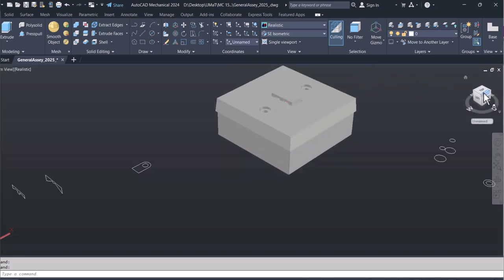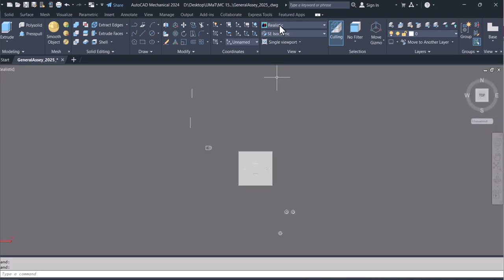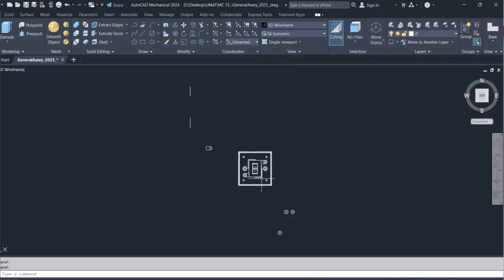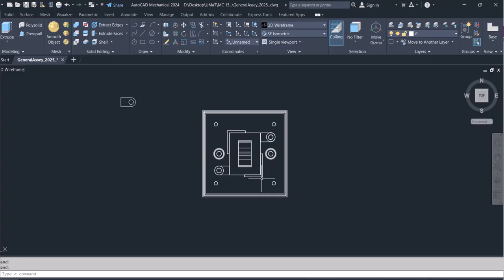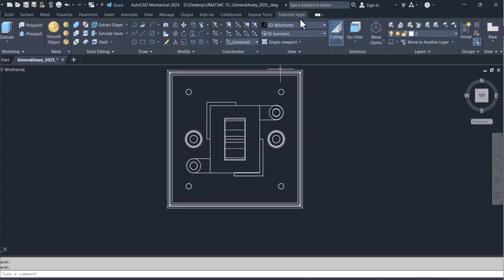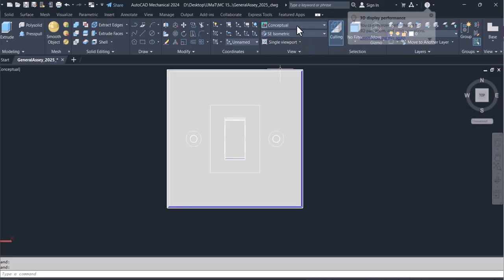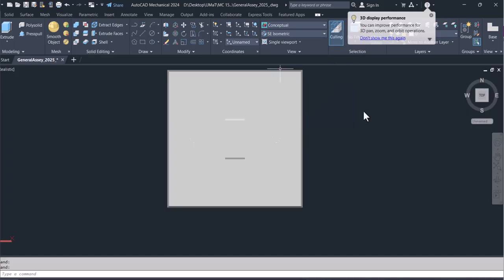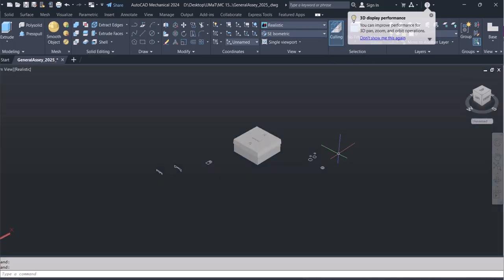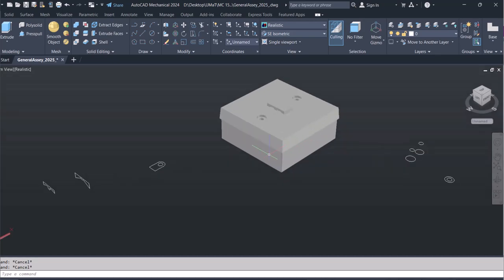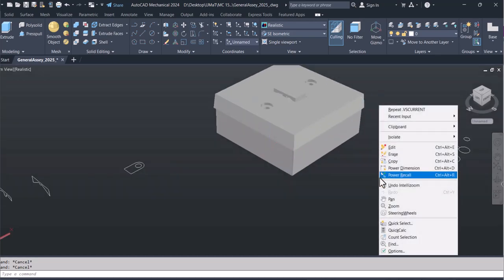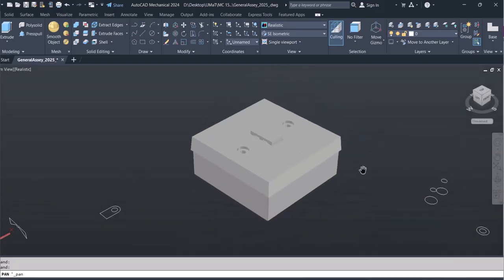Let's look at it from the top. Okay, it looks well. Okay, so maybe at this point, okay, good. So you make sure,